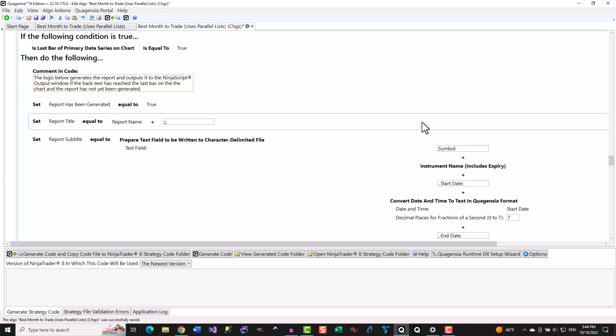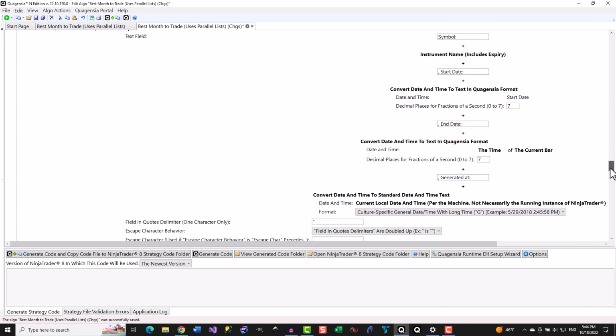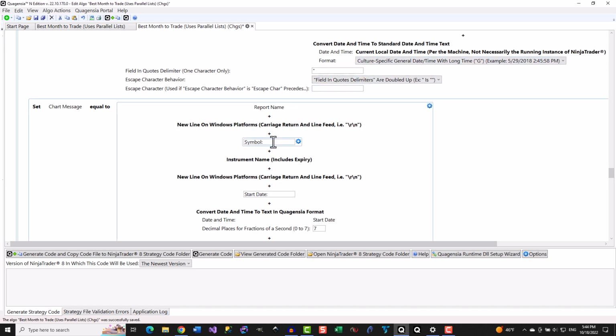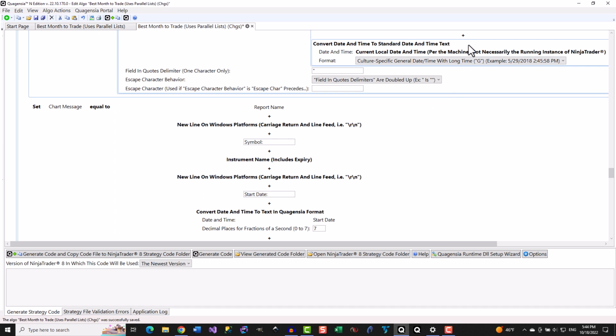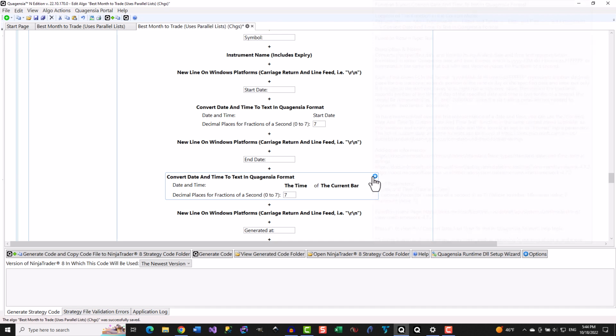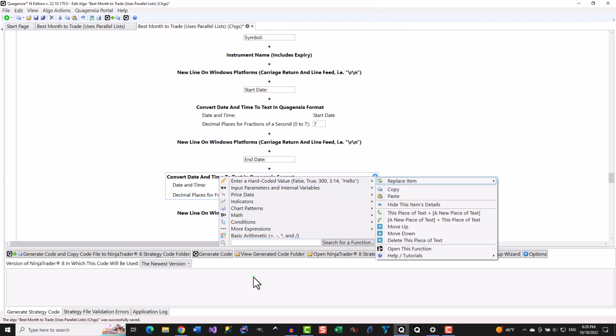Let's scroll past the actions that set the text variables that end up being the title and subtitle rows and column headers of the report, since they are simple text concatenations, meaning that pieces of text, such as text in text boxes and text variables, are appended onto the end or prepended onto the beginning of each other to build a larger piece of text. You already know how to roll your mouse pointer over function calls to find their location in the context menu, and you also already know how to use search to find the functions that way as well, so you can explore this section on your own.